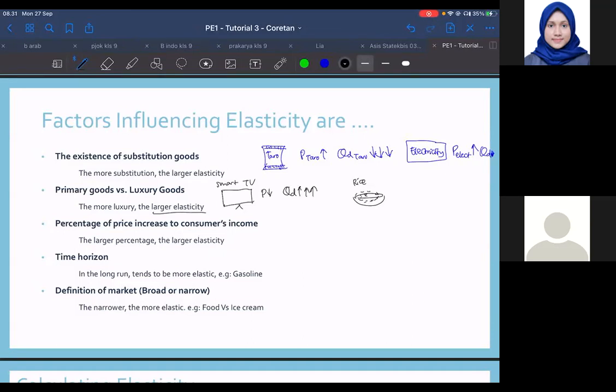But for example, if the price of rice decreases, they only eat rice in a constant amount each day, gitu kan. Tidak mungkin ketika harga beras itu turun, kuantitas beras yang diminta itu bakalan naik sebanyak itu. Karena kapasitas perut orang kan juga segitu-gitu aja ya. Because we have only limited capacity in our stomach gitu ya to